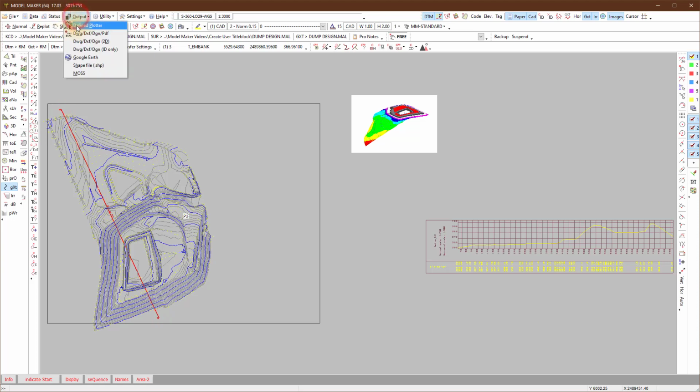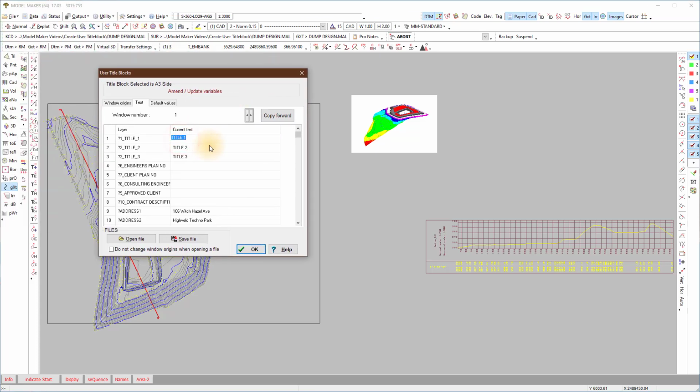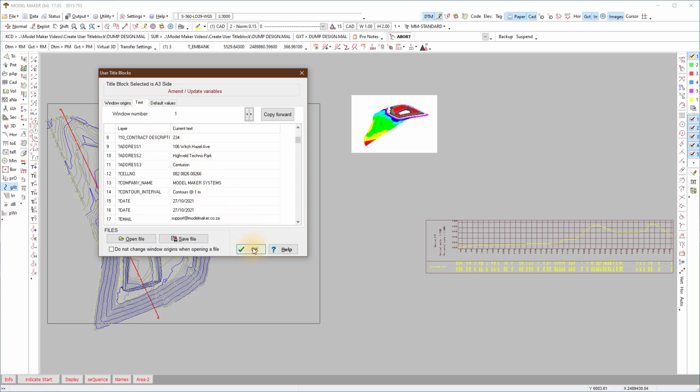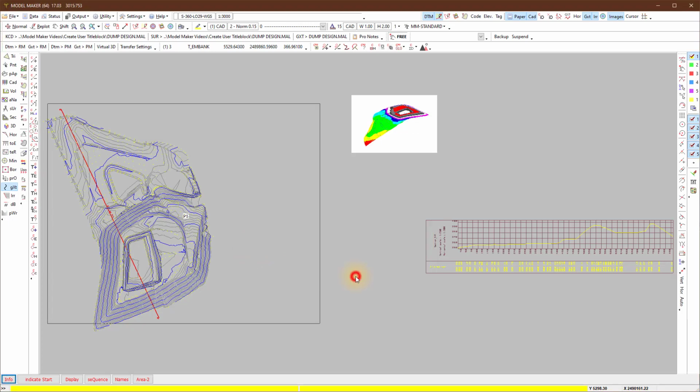Go to the output, define plotter. The first pop-up shows you the user input fields, and you can now change or accept the info of each of the inputs. You will see the computer autocomplete a lot of the information of the automatic text, and the rest you need to enter. Some of the address data can be changed here. Continue with the print, and the rest of the pop-ups will be the same as a normal print without a user title block.